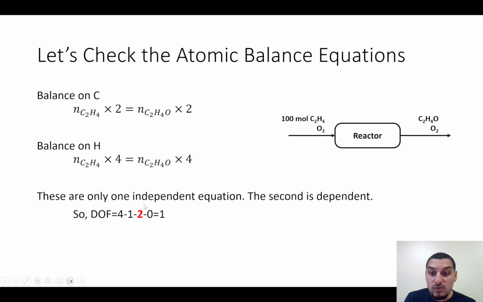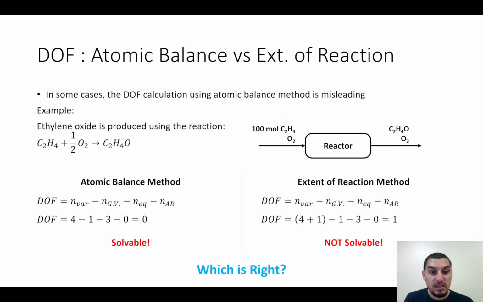Okay, so if we put the number of equations as 2, then we will have degrees of freedom 1, which means that we are getting the same result that we get in the extent of reaction method. So the right answer is 1, not 2. Of course, this thing might be confusing. Okay, so this is what we used to do from the beginning of doing the degrees of freedom analysis for